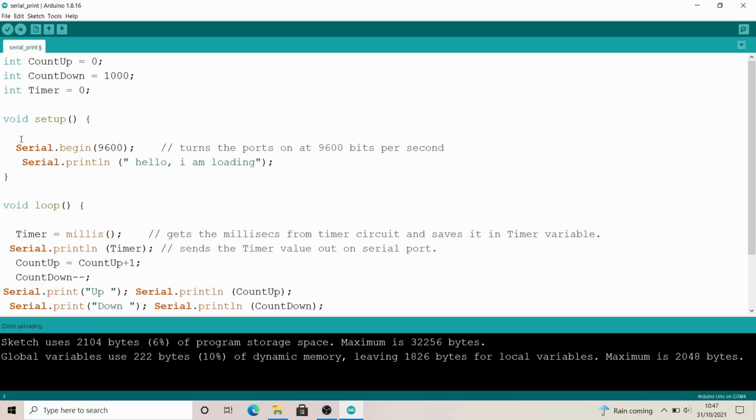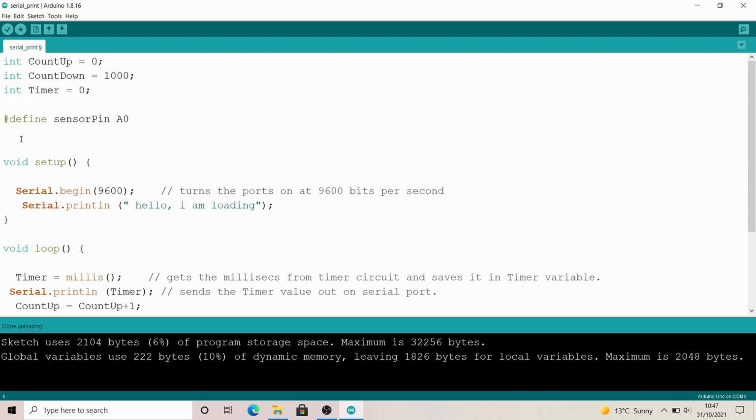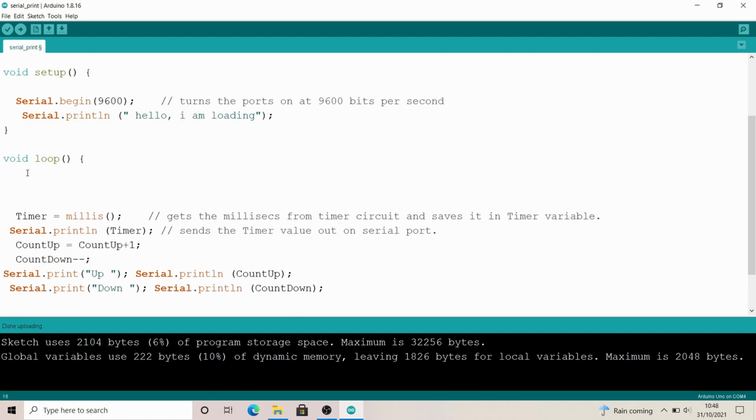We need to modify our code to make this work. Let's pretend this variable resistor is a sensor. We'll define the pin as #define sensor pin A0. Then we need a variable to save the returned value: int pin value equals 0. We have our serial setup already in setup. Then in our loop, we'll enter